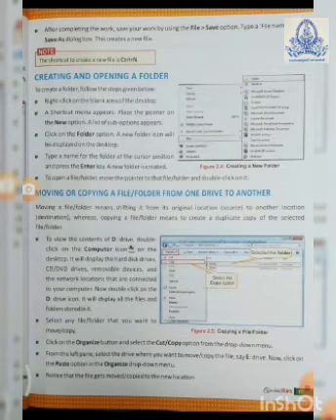Once you click on that, at the top of the list you will get one folder option, that you have to click on. It will ask you to type whatever you want to give as your folder name. Just type it, then press enter, whatever folder name you want to give. It's over. Okay, so in this way also you can create and open a folder.